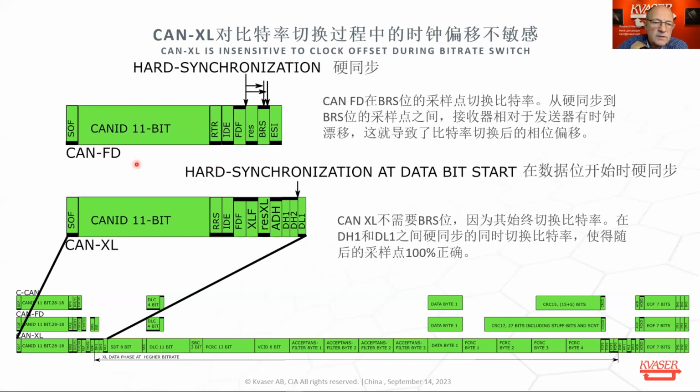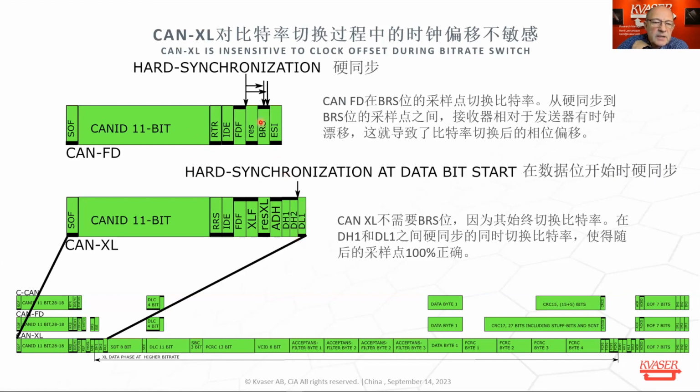And if you want to keep the priority, which is an essential part of CAN, but after the arbitration, where we have only one sender, then we can increase the bitrate. And in CAN XL, the bitrate switch looks more complex, but it's much simpler and more efficient, because between this DH2 and DL edge, there is an edge which will synchronize the sample point in the receivers in a very efficient